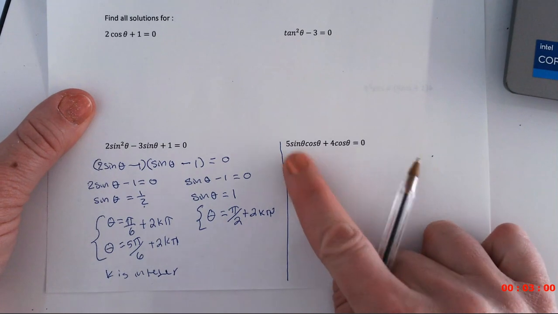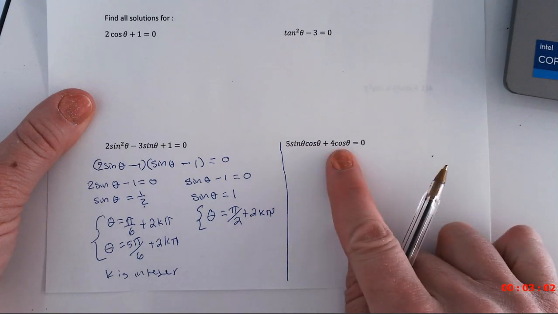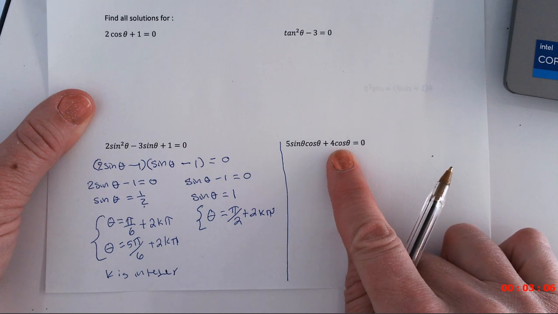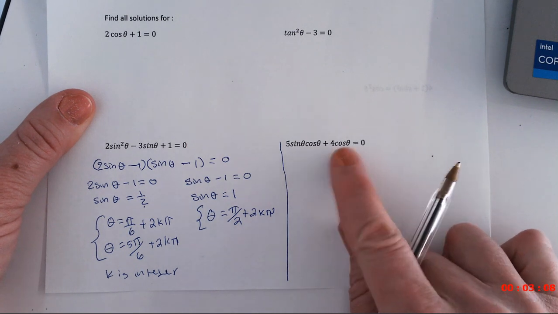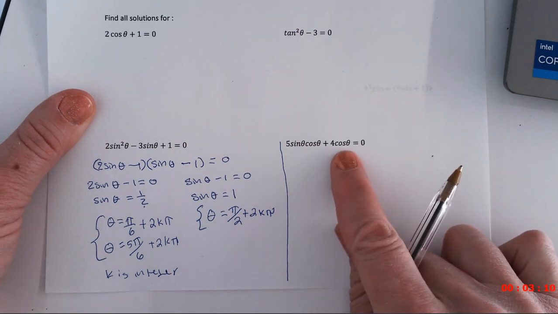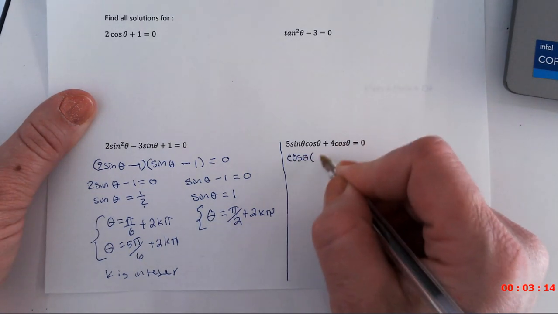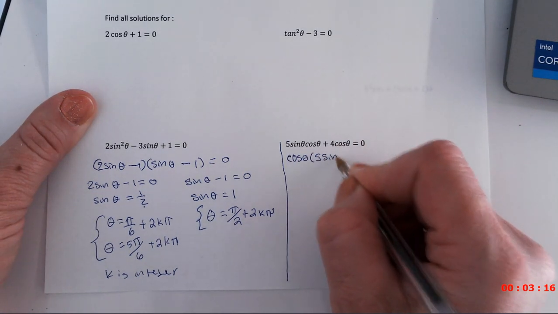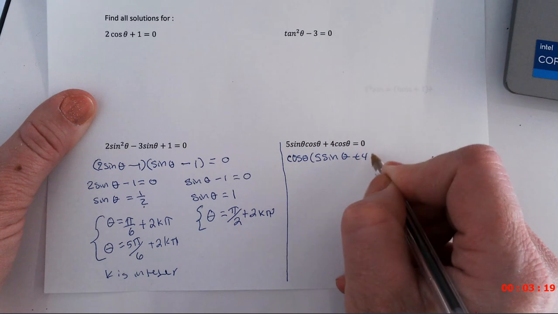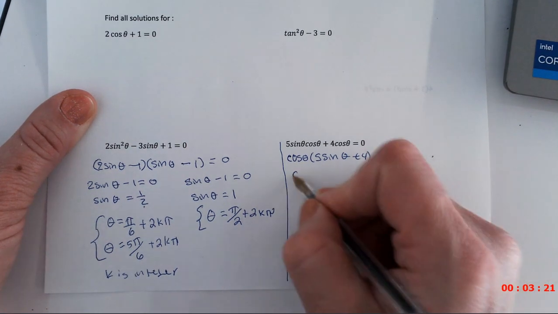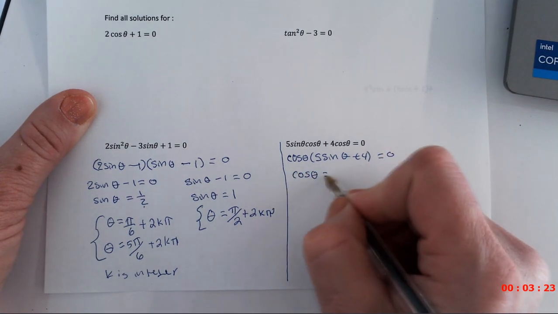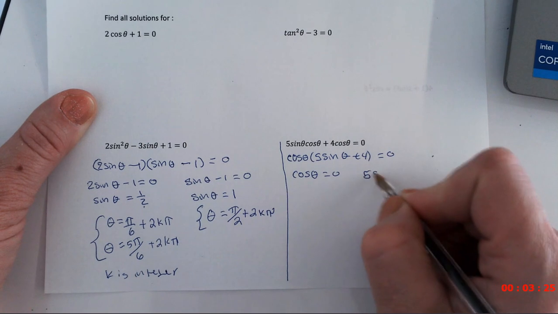All right, now this one. I have sines and cosines in here, so factoring it like a quadratic is not going to work. But there is a common factor, and the common factor is cosine. So if I factor cosine of theta out, I'm left with 5 sine theta plus 4. So if I set each of those factors equal to 0,